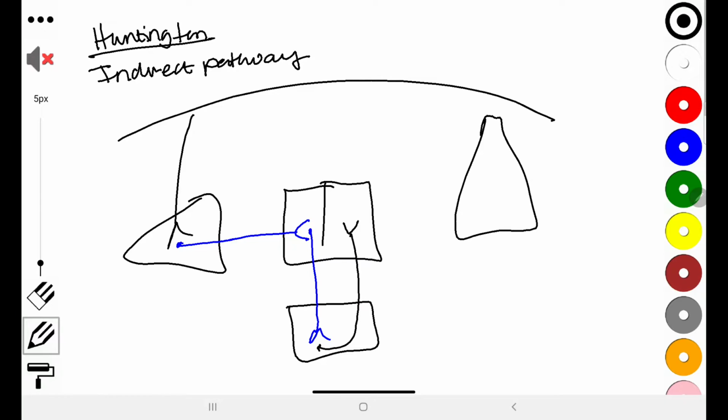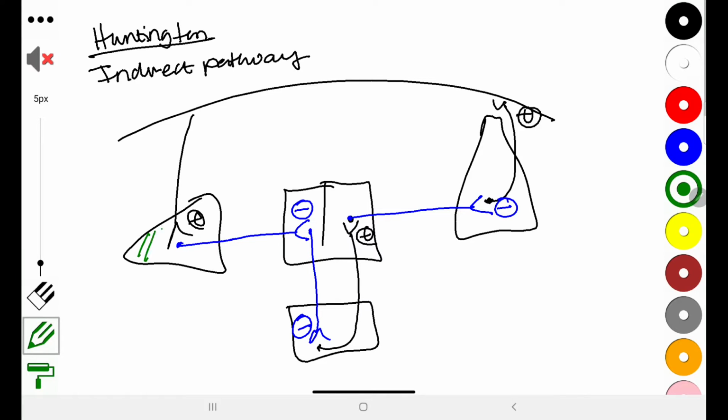So I'm just redrawing what it's like. This time I've used black for the excitation ones and blue for the ones that are inhibitory. So you see that the neurons of the striatum, so it's here where you have a problem. Okay, so the neurons of the striatum seem to degenerate, and this leads to a reduction in the inhibition of